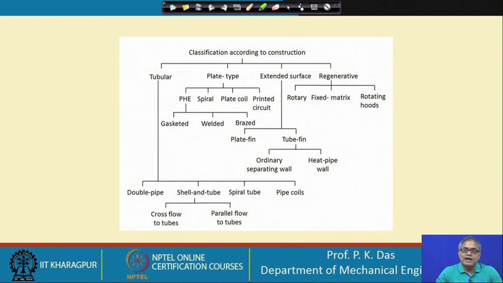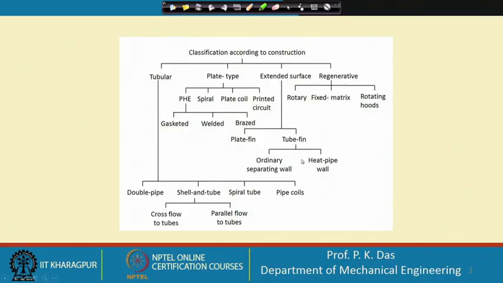Let us say we like to have heat transfer between two gas streams, then we need another kind of geometrical construction of the heat exchanger. So, it depends on many other aspects. Only fluid I have told, but there are other things which also are to be considered. Like, let us say the fluid streams we are handling in the heat exchanger, in one case they are very clean, there will not be any tendency of fouling, we can go for one kind of geometrical construction. In other cases there will be all the possibilities of fouling.